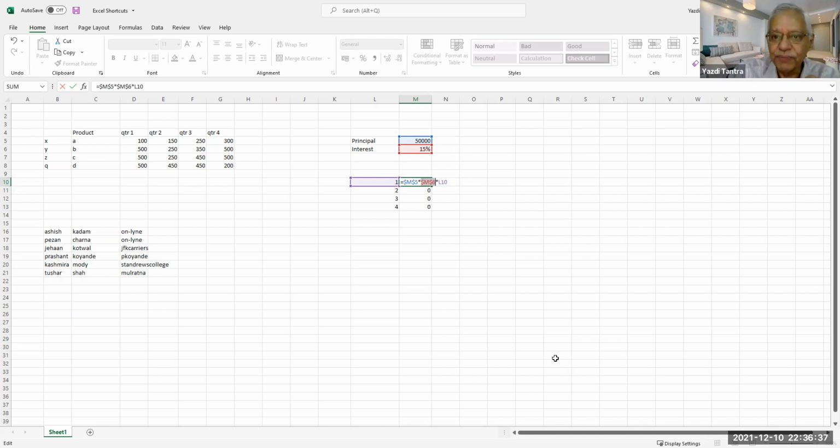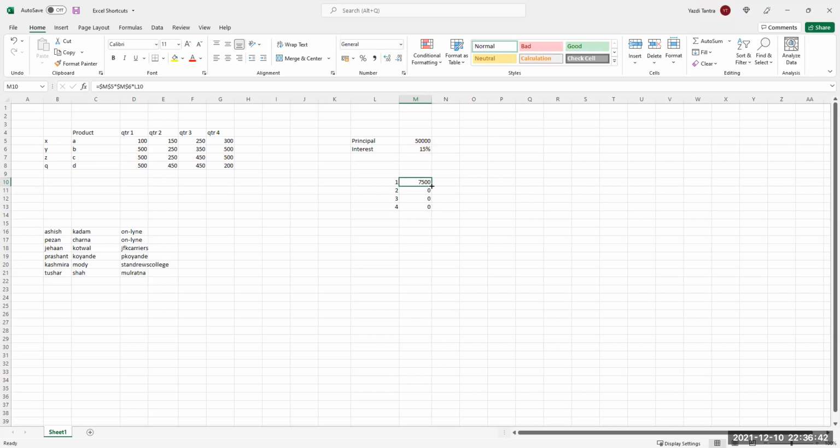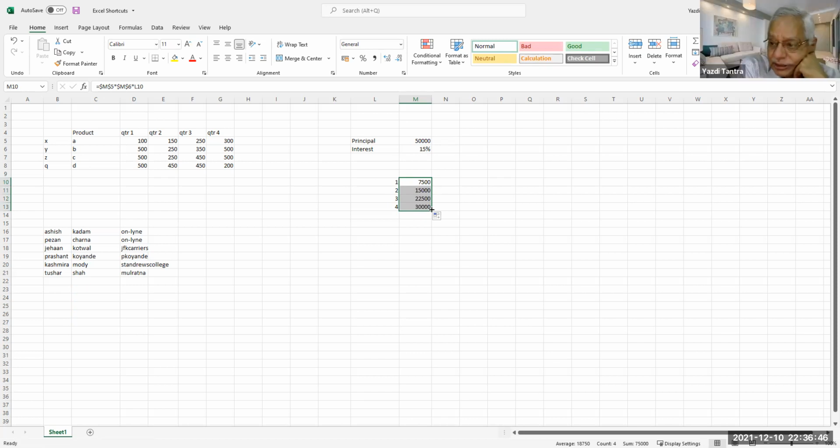L10 I want to move because as I go down, it should move along with this, correct? Now if I copy this formula, it gives me what I wanted. Are we clear on this? Yes. So this makes it constant. This should not move when I go down. That's what I have said.